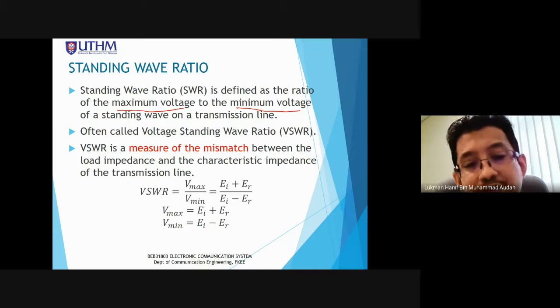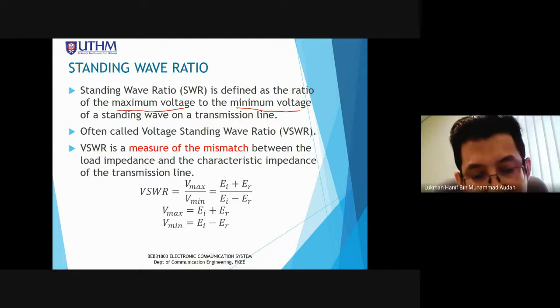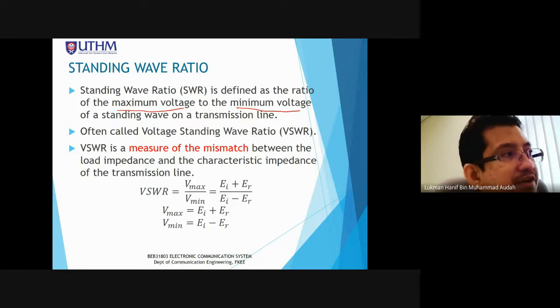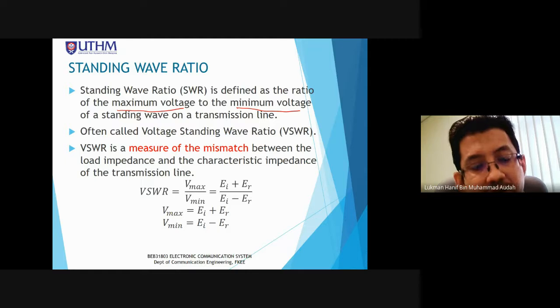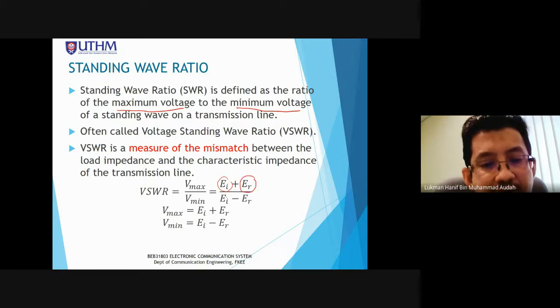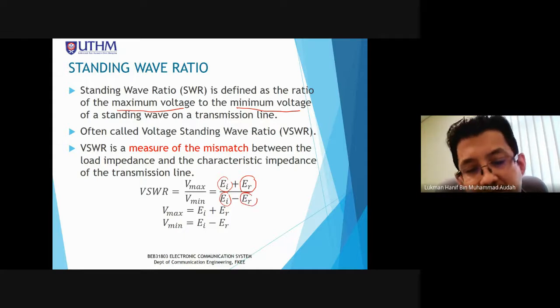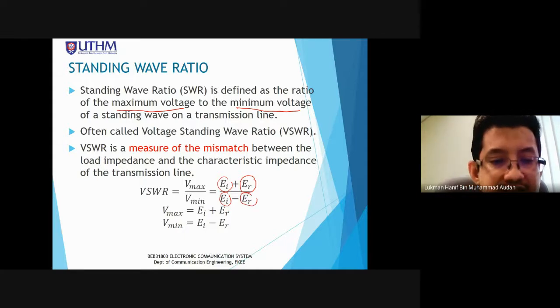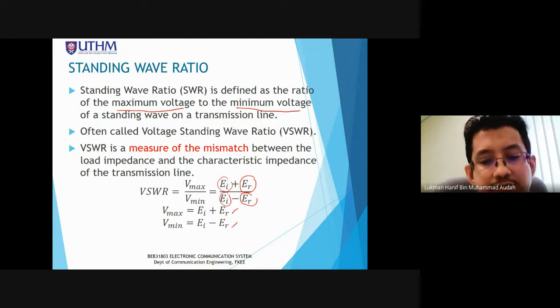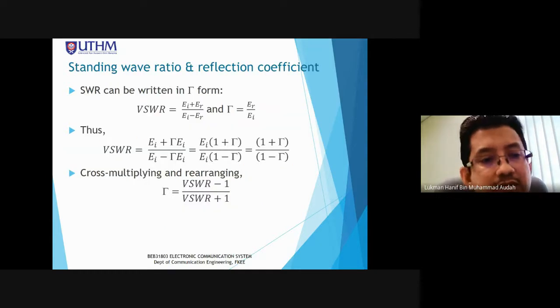VSWR is a measure of mismatch between the load impedance and the characteristic impedance of the transmission line. Okay, so VSWR is equal to Vmax over Vmin, which is equal to incident voltage plus reflected voltage divided by incident voltage minus reflected voltage. Okay, ini Vmax yang ini. Kemudian kita boleh lihat juga